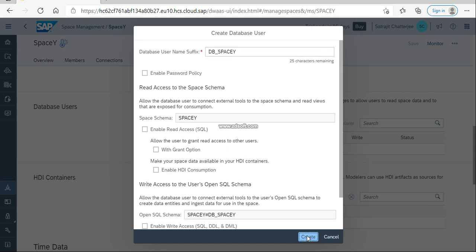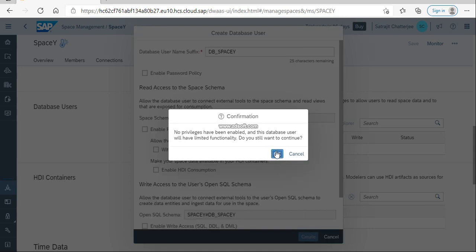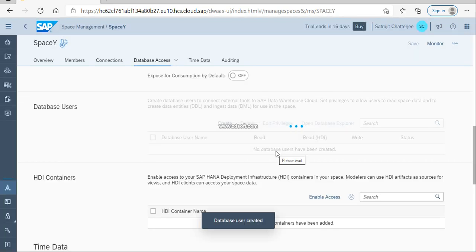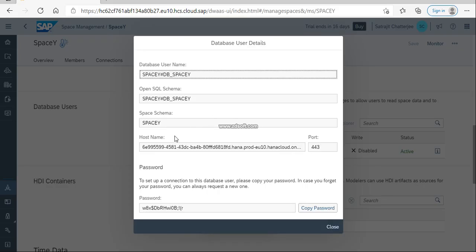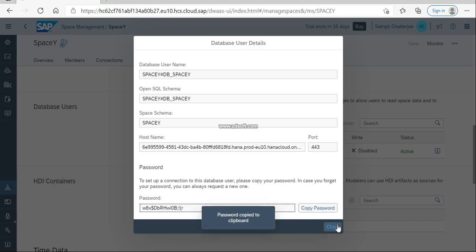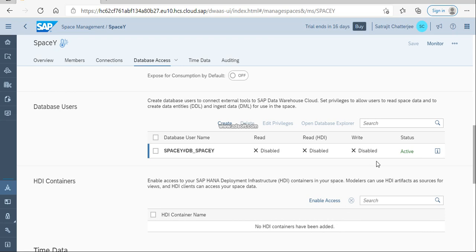So I'm creating a database user for this space. For confirmation, I'm creating a database user without any privilege. It asks me to create the password, and I can copy the password and send it to anybody.